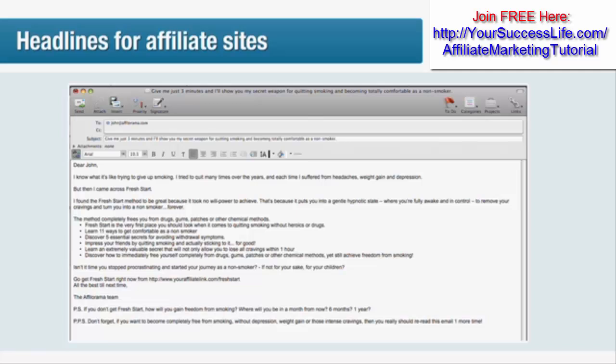So, as you can see, this template made good use of all the tips that you learnt in this lesson, plus we also added a couple of PSs at the end. These are very important as a lot of people, when they read a web page or an email, tend to scroll to the bottom to see what the conclusion is. If you make it exciting enough in the PS and PPS, then you'll get more people reading through the entire message.